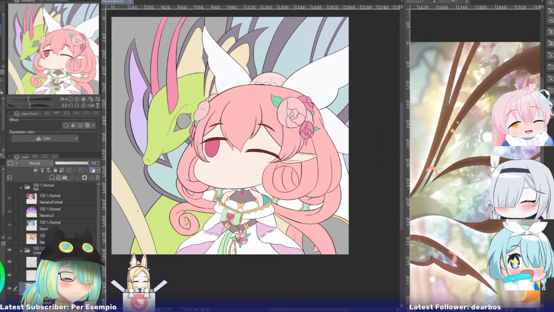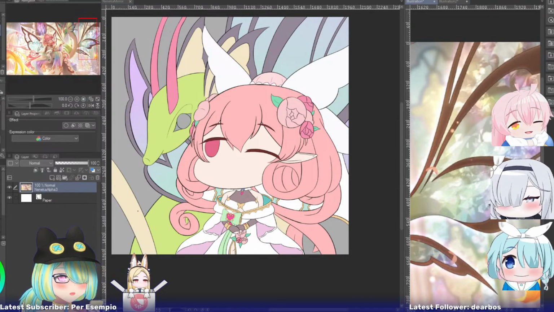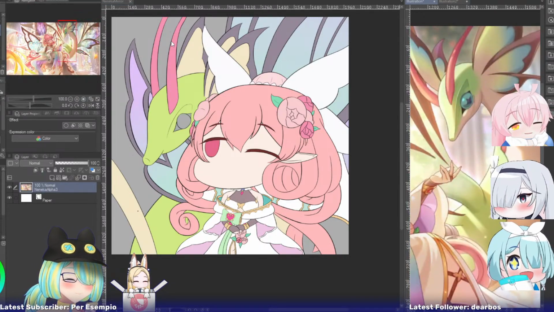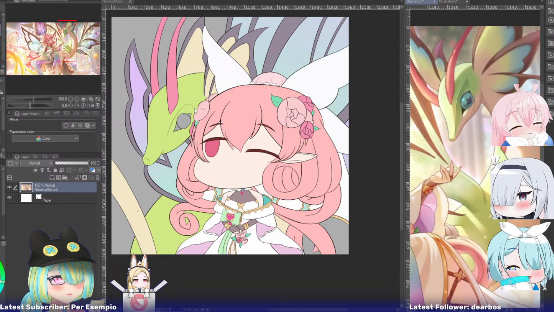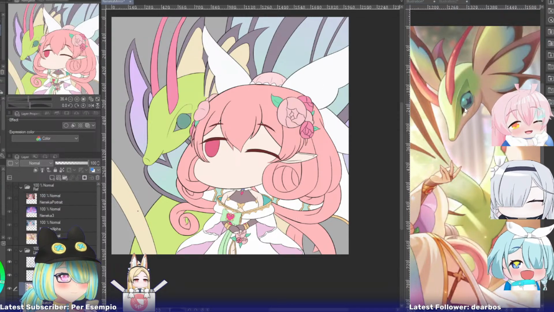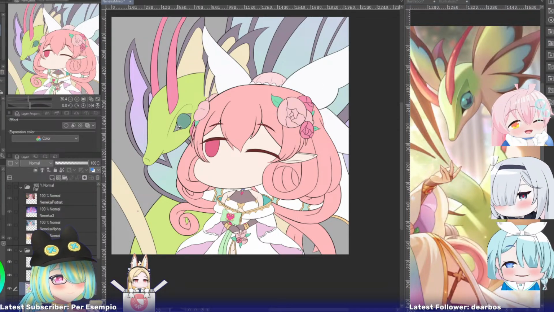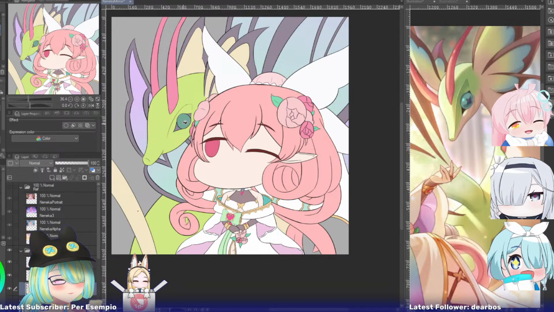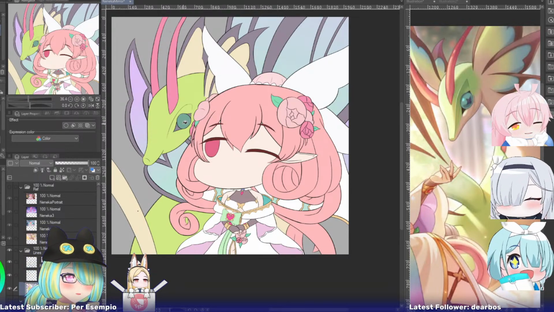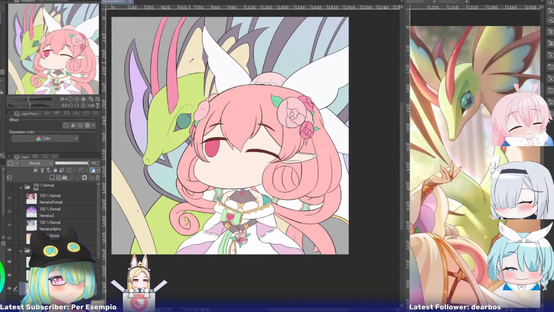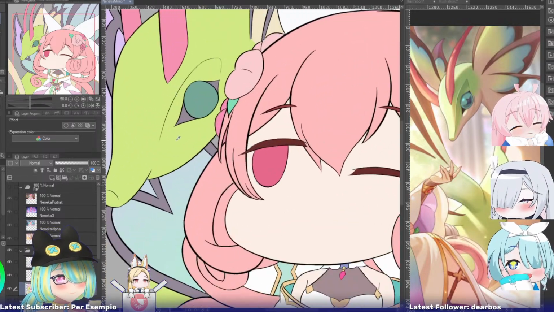Okay, is there anything else? I need the eyes. And then I want this for here and here. And then I want to get the yellow, and I want to